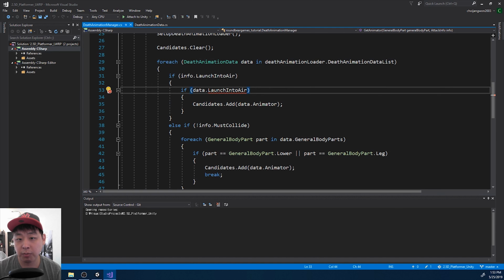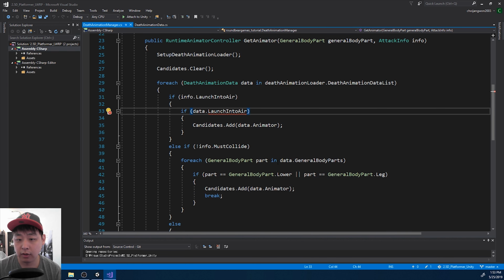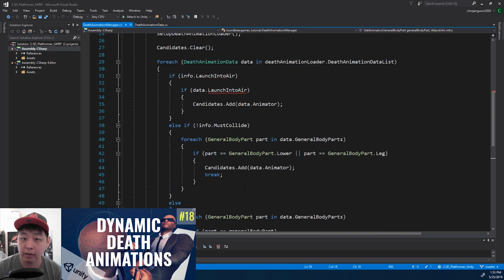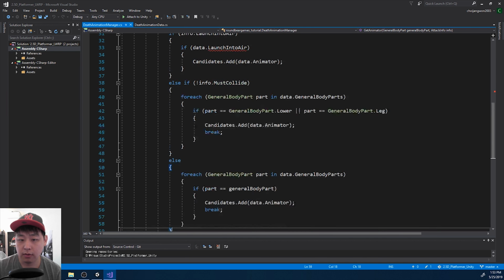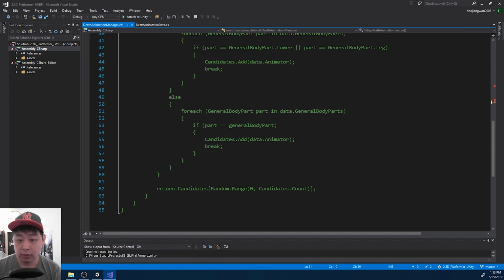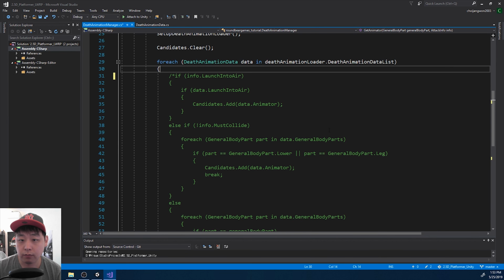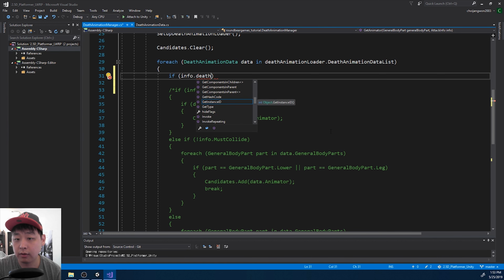Okay, this is the part where we choose which death animation gets triggered. I remember this was just a temporary code from way back. I think I want to rewrite this. So first, we want to check if the death type